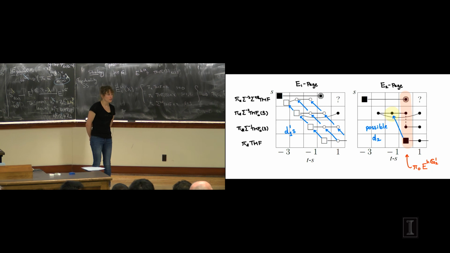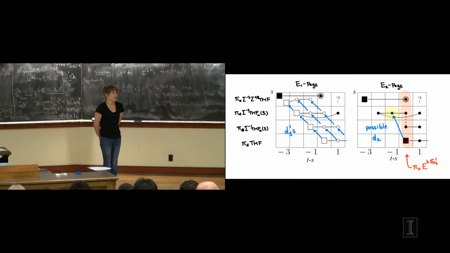So the answer is no. The exotic thing is believed to be a finite p-group. Well, I think it's known to be a p-group and believed to be finite. But we don't have proof of this. It's tied to knowing that the homotopy groups of the K(n)-local sphere are finitely generated Z_p modules, where Z_p is the p-adics. So this is something we don't know.